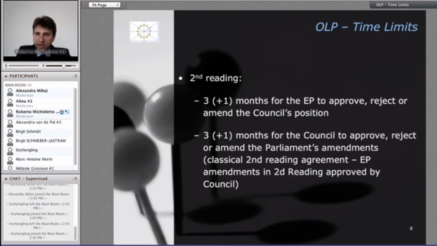So there are strict time limits, because, and we will see very soon about Trilogues, they have to meet, and with all the problems they have, MEPs and the Council, with all the timetable, the agenda, the business, and the full agenda they have, MEPs and the presidency of the Council, it's quite difficult to find a time for a meeting. In the meantime, you also have to prepare a new draft. So believe me, it's quite a short time. So when they start the second reading, both institutions are under pressure.